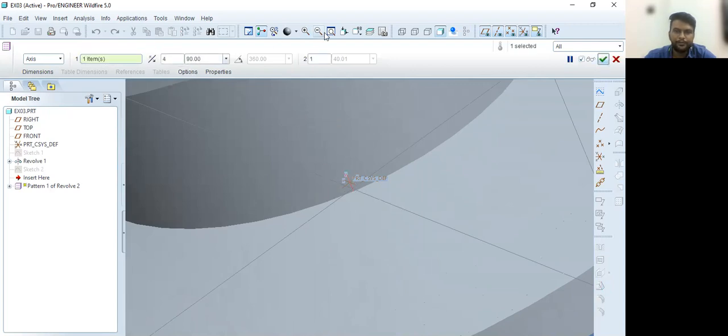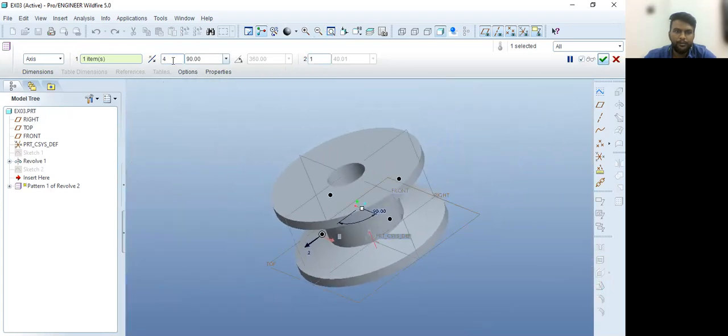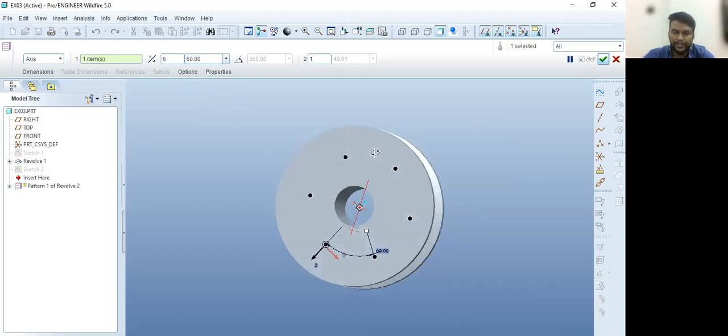Now, the number of copies we want is 6, and the total angle is 360. If you divide by 6, you'll get 60 degrees. So the angle between two features is 60 degrees. Once you define the angle, now you can see 6 dots here.